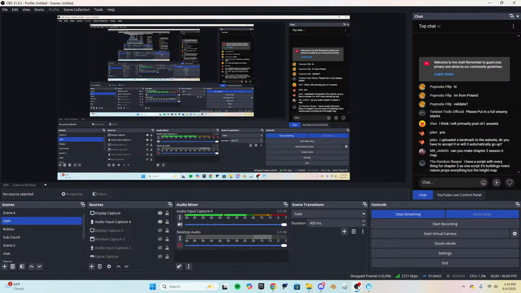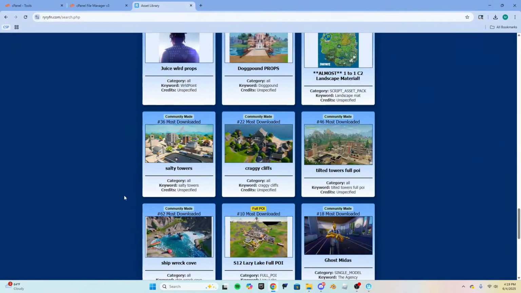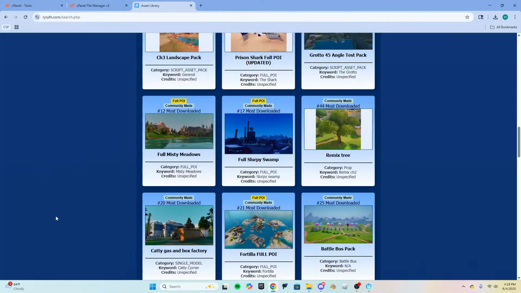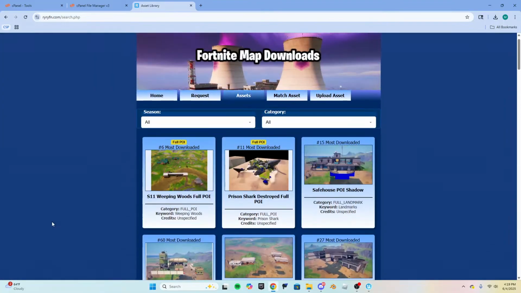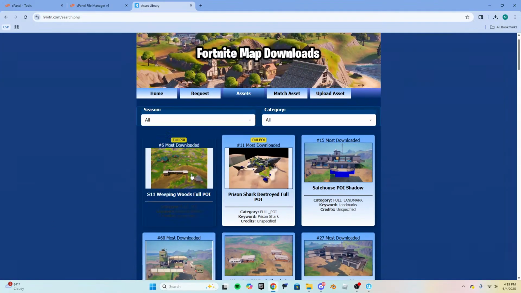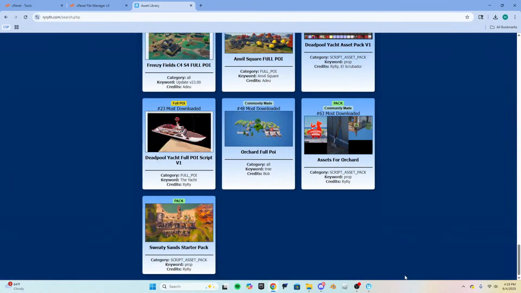I have a script with everything for chapter 2 as one script. It's buildings, rivers, nature, props, everything. That sounds like a PC crasher, if I'm being totally honest.